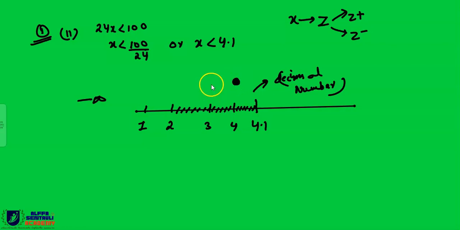This one will also be included. This will also be included. This will also be included. And all the numbers which are less than 4.1, all the integers, it means positive integers also, negative integers also. Now from 1 onwards, you will see all the negative integers, when you take numbers which are less than 1, right? So your answer will be x belongs to minus infinity to